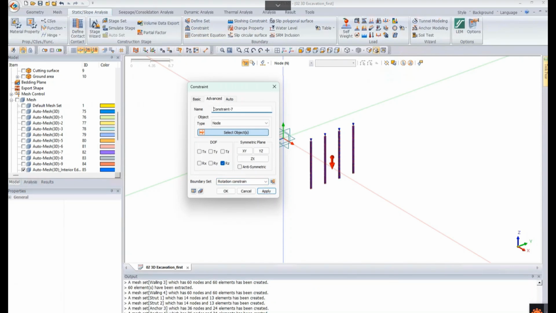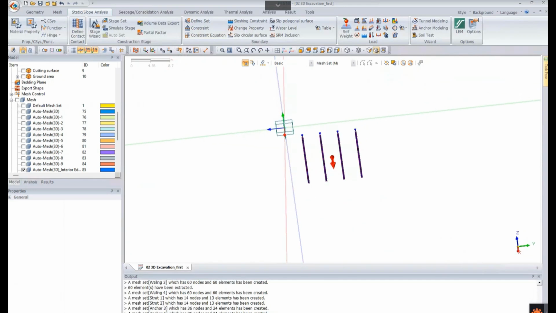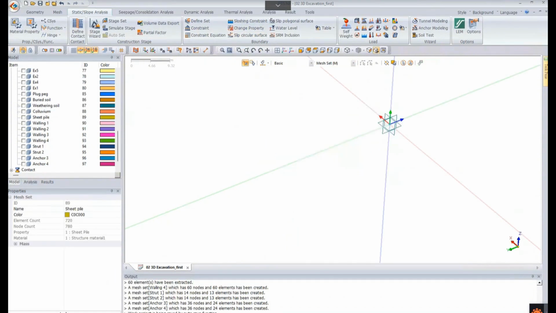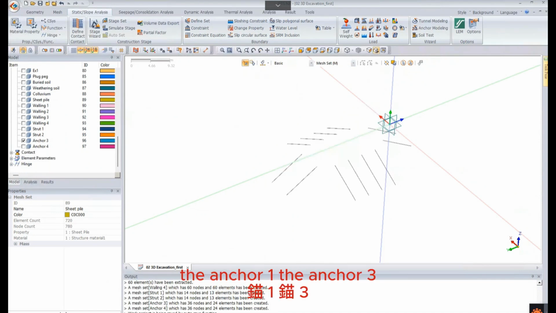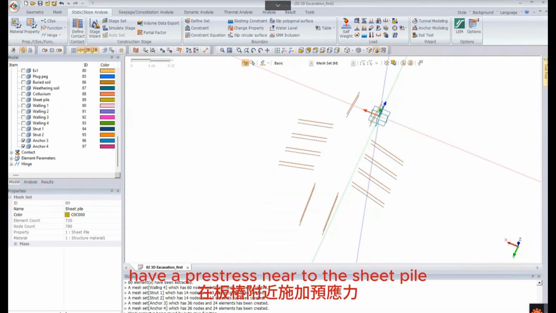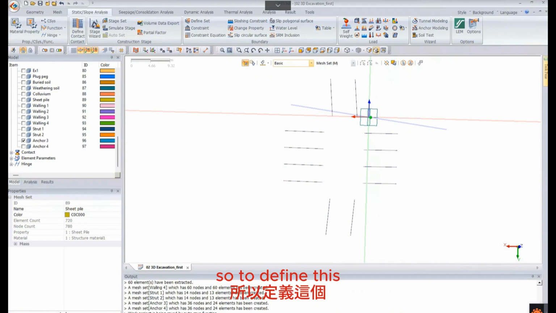And then apply. Now the beam's rotation is constrained. So in this lesson, anchor 1, anchor 3, and anchor 4 have a pre-stress near to the sheet pile. So to define this,